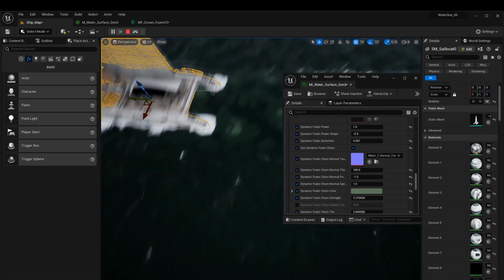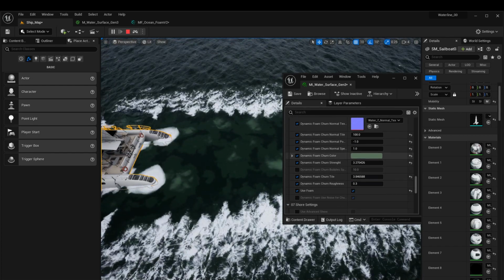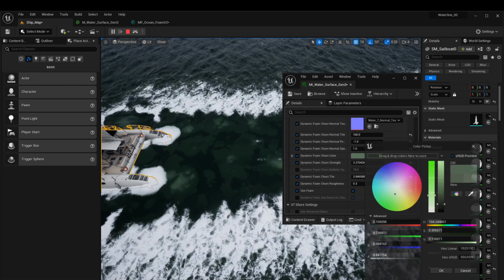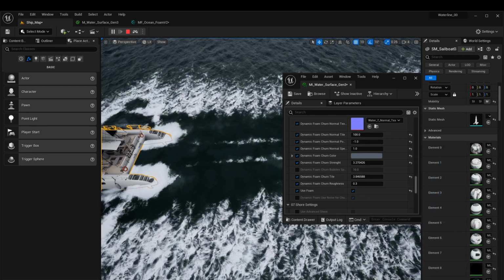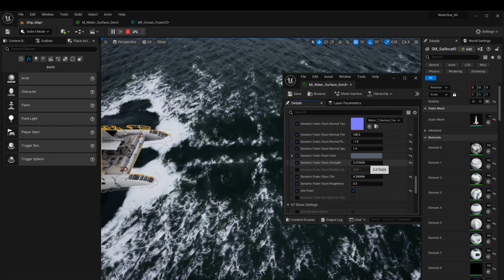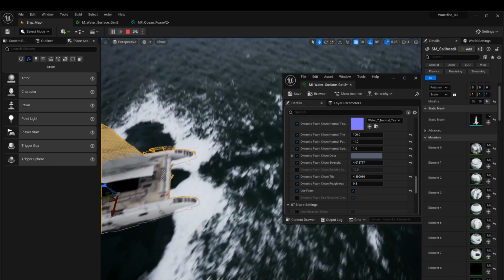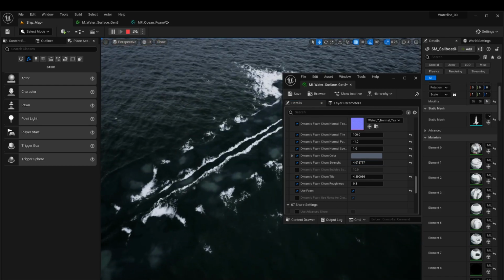So moving the boat, you could see that now we're leaving a bit of a noise trail, and that is called churn. Now we have settings for churn color, which can control how it appears, churn tile, which is the tile of the churn texture, roughness, and strength, how visible it is. So let's just move our boat a little bit more. We can create a bit more foam,